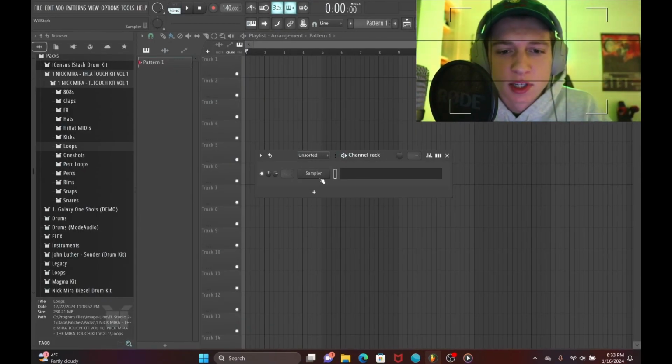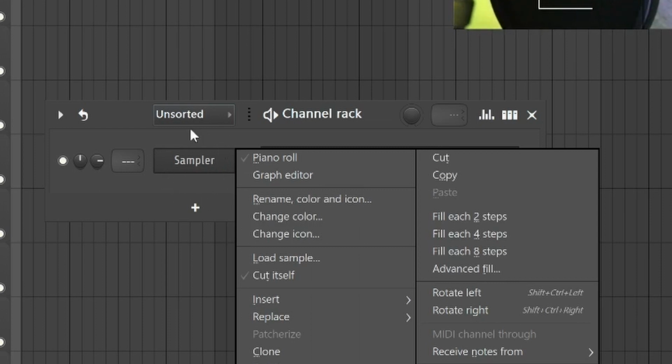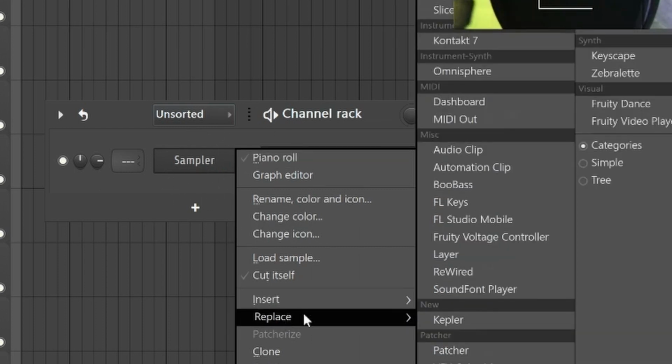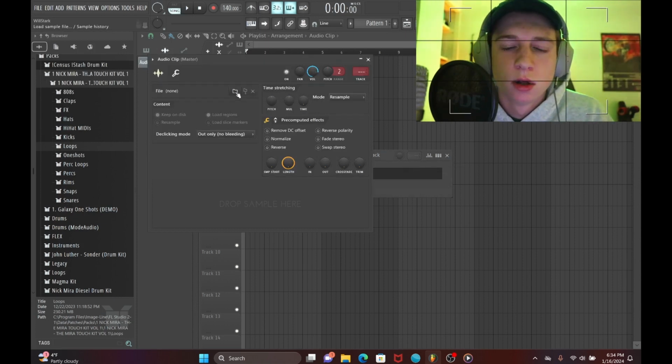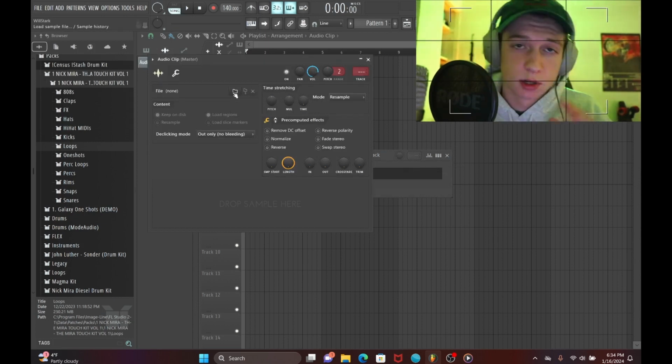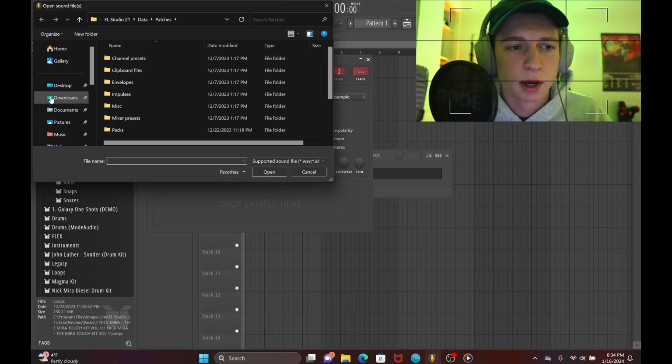The first step to sampling is I'm going to click right here, open up a new one, hit replace. I'm going to do audio clip, and this is assuming you already have a downloaded MP3. I'm going to go over this little folder icon. It's in my downloads,